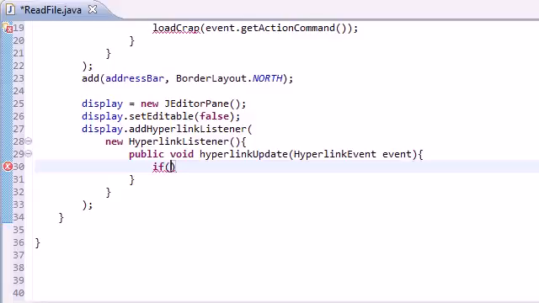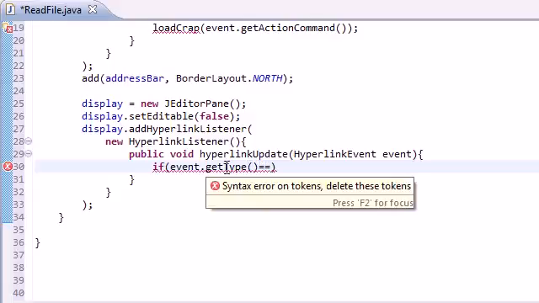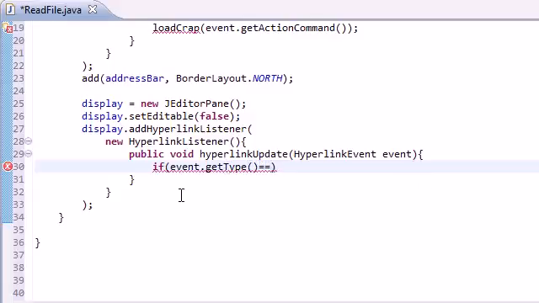So the first thing we need to do is determine what they did to that link. In order to do that, we use event.getEventType, and this pretty much returns the different types of events you can have, such as click, which is called activated, roll over, which is called entered, and roll away from, which is called exited. So, okay, we want to say, okay, if this is equal to hyperlink event type,